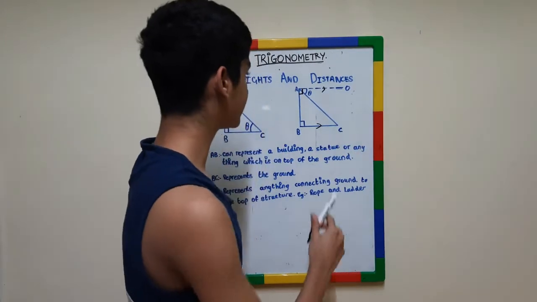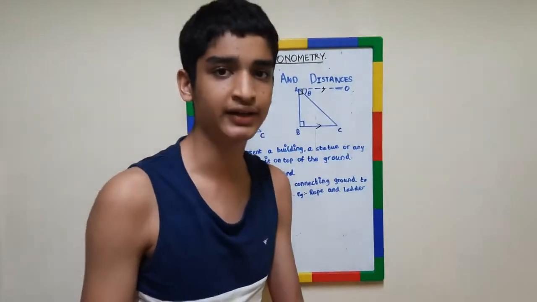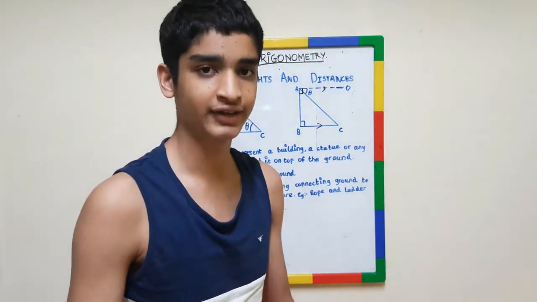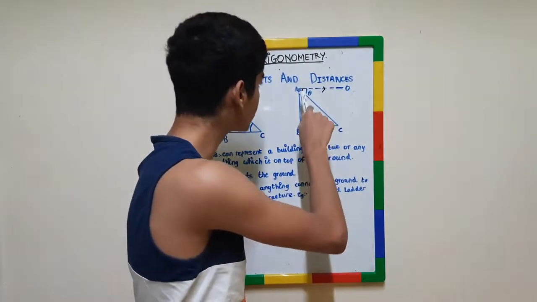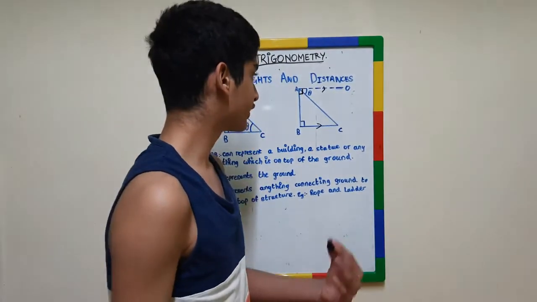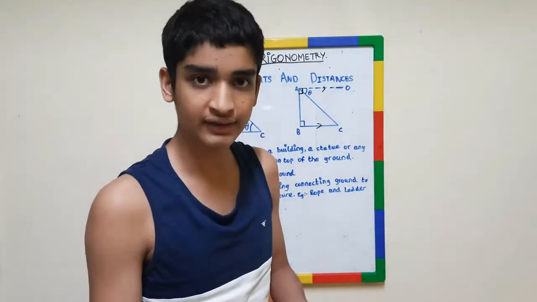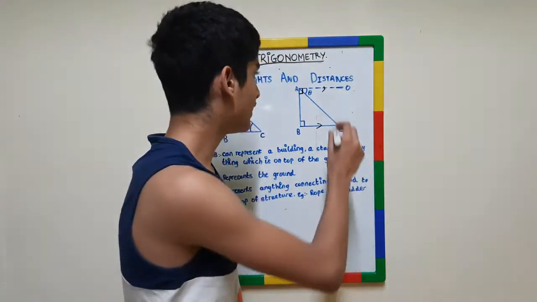And because they are parallel, these two angles are supplementary, or add up to 180 degrees. So since this is 90 degrees, this should also be 90 degrees. Okay. So now this angle here, it's in between the ladder, rope or the imaginary line and the line of